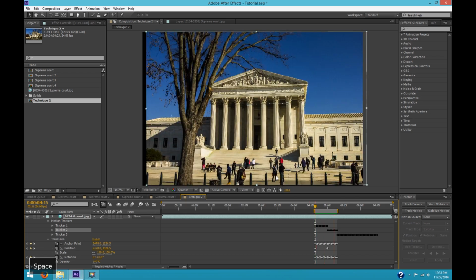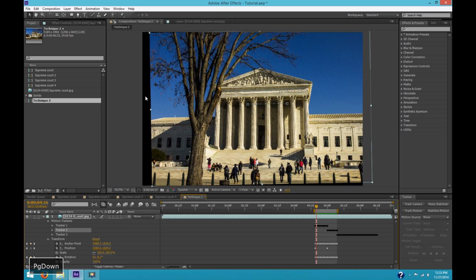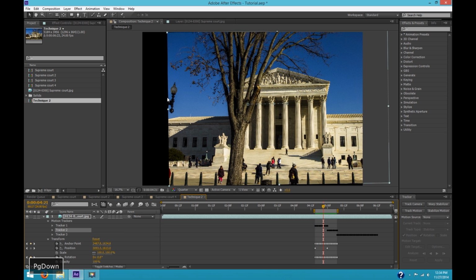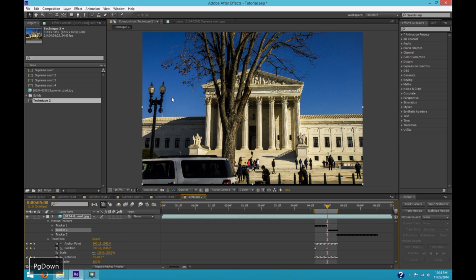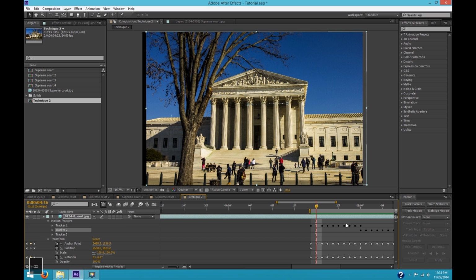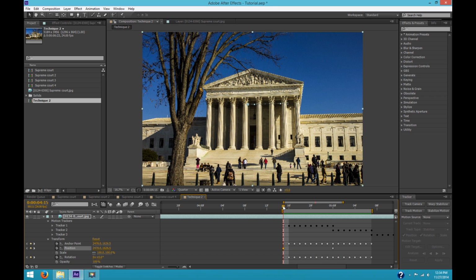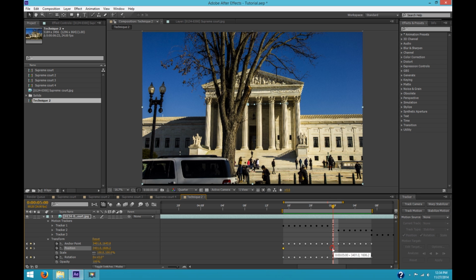Okay, so what happened here? In each frame during tracker 1, the image moves further and further to the right, and then it jumps back into place. So what happens here is when you apply position and rotation stabilization, it creates 3 sets of keyframes for anchor point, position, and rotation. Now position, it only gives you one keyframe, and then that keyframe is supposed to be the same in each frame of this tracker. Then when you apply tracker 2, it gives you a new position keyframe, but it's not in the same place as the first one.